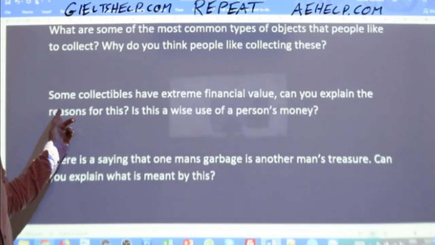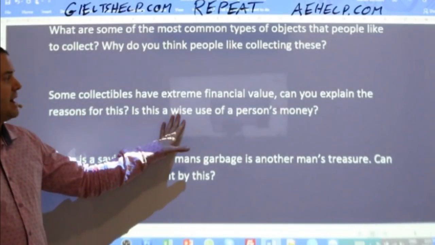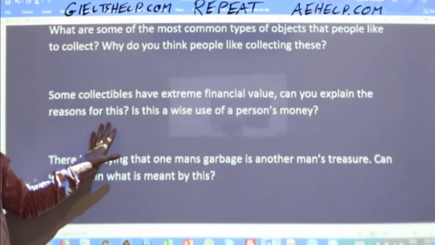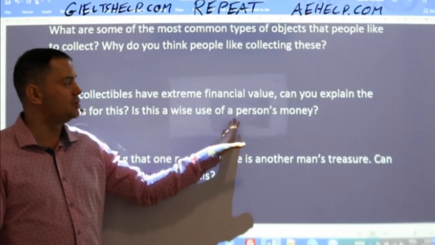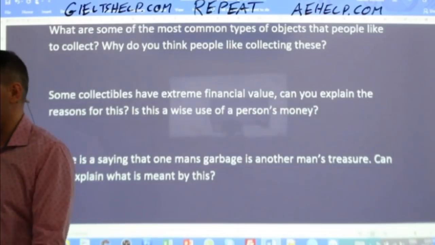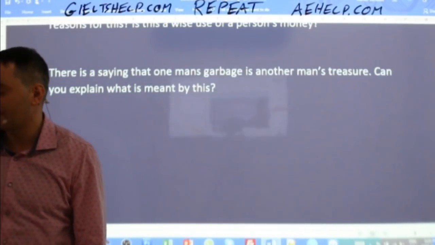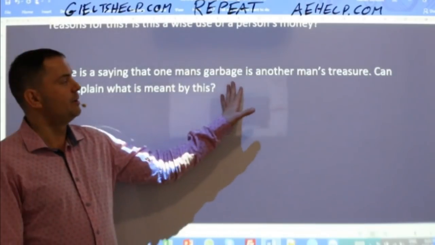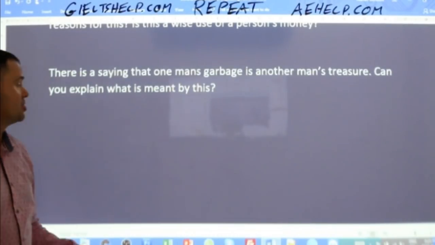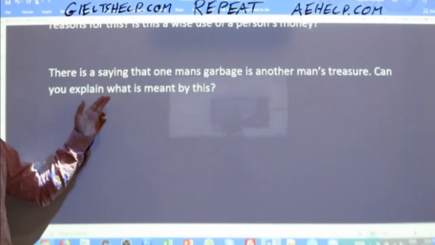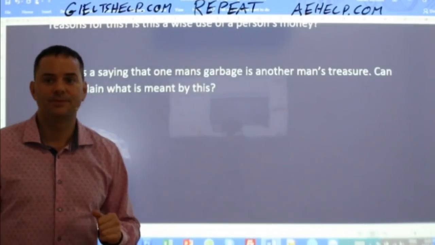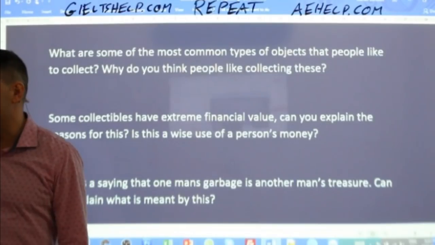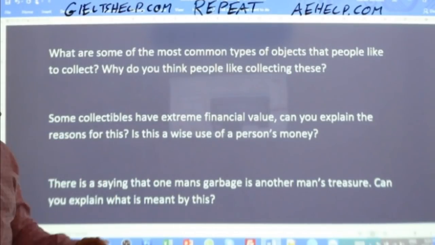Next question. Some collectibles have extreme financial value. Can you explain the reason for this? Is this a wise use of a person's money? Follow-up question. There's a saying that one man's garbage is another man's treasure. Can you explain what is meant by this? Okay. And Pachu, you're absolutely right. You're reading my mind. These 3 questions are